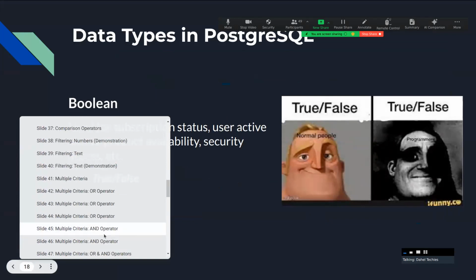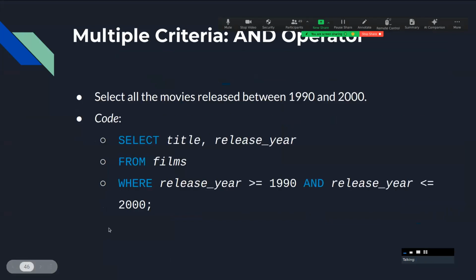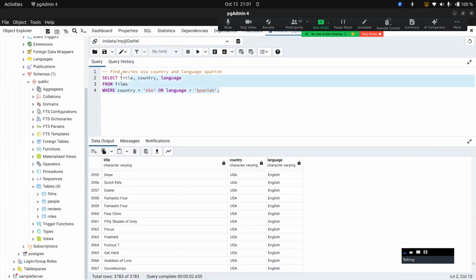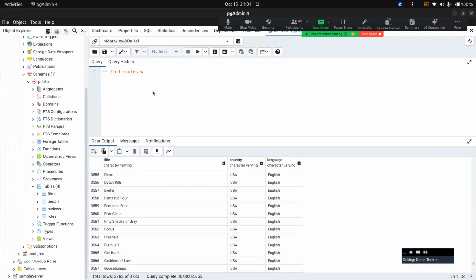Well, we are here, and let's try this. So find movies with release year 1990 to 2000. So start this by select